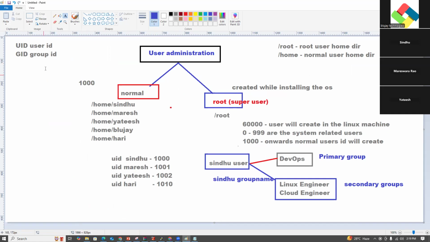So you understood, right? How to create the group: groupadd. Now you want to create a user. How can you create the user? By using the useradd command.